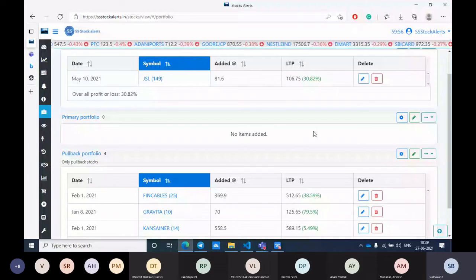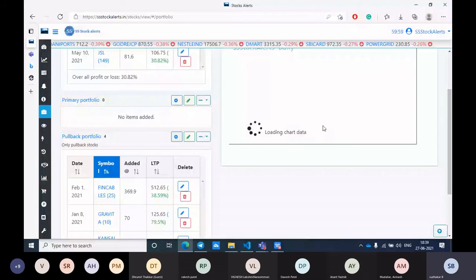So for them, what I will suggest is, you can log into our application for the stocks. You can create a number of portfolios, either for long term, primary, or you can give any name. I've just given my own names. Now what I want to do is, I don't want to check my positions daily, whether they have closed below the SMA. I'm just taking SMA as an example here, but if you're using the Kijun-sen, right?